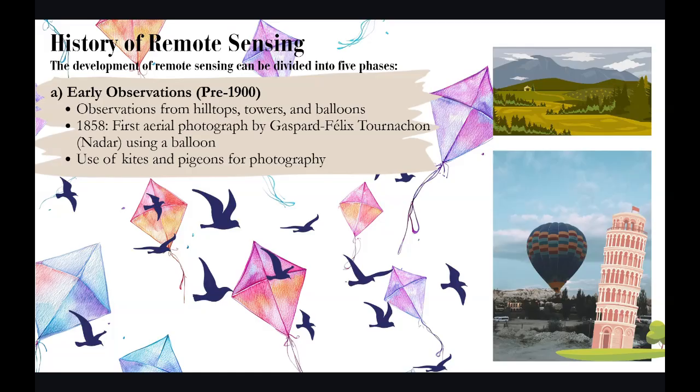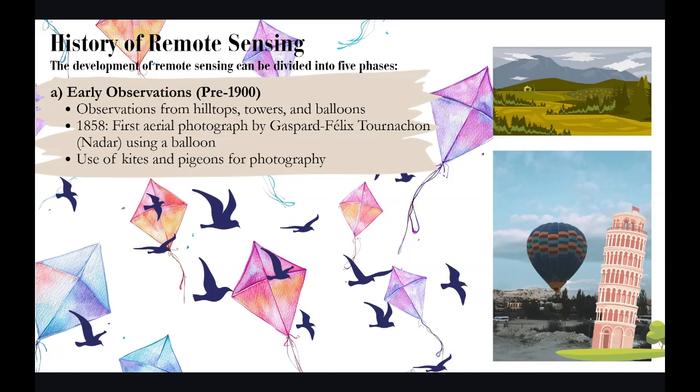He uses a hot air balloon to go up and take a picture of his neighborhood. And from there we start with something called aerial photography. So aerial photography is the history of remote sensing. This is from where we realize that having a wider perspective